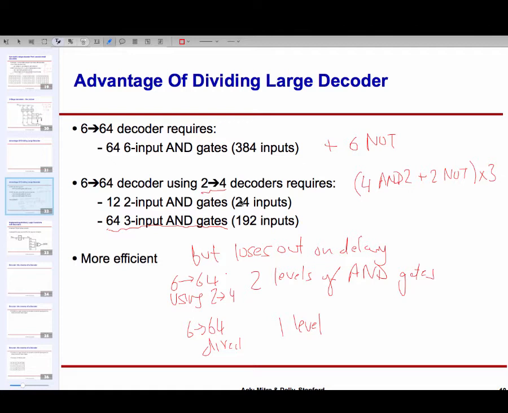The problem with them was, anyone remember still from that lecture if you were there? So we are saving area. Where are we losing? Delay, time. It goes through more stages of gates. So it's a slower design. It's very common in digital design that things which are lower in area are going to be slower than something which takes higher area. So area and speed is a very common trade-off, area in this case being the number of gates.